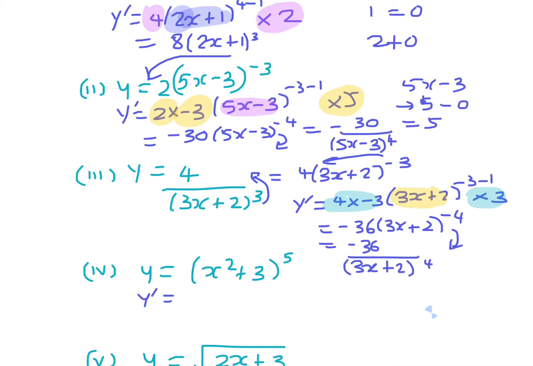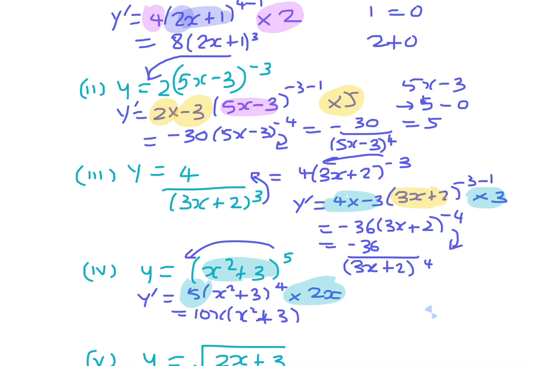Okay, so looking at this one, bring the 5 down, take 1 away from the indice, times the derivative of what is inside the bracket. So the derivative of x squared plus 3 would be 2x, because the 3 goes to 0 and the x squared goes to 2x. Multiply the numbers that are outside. So 5 times 2 is 10, and then x, so it's 10x, x squared plus 3 to the power of